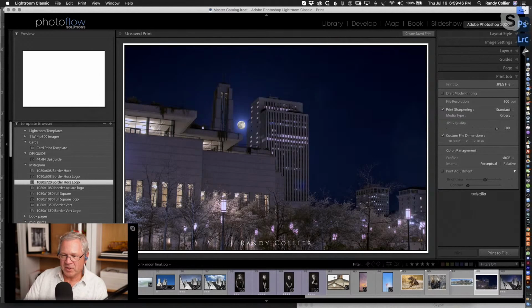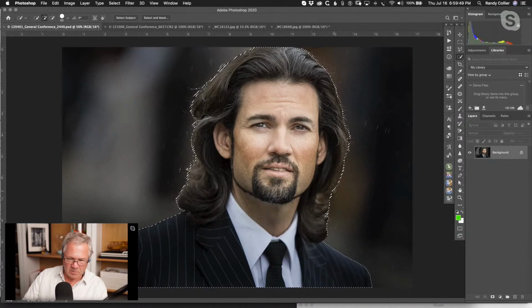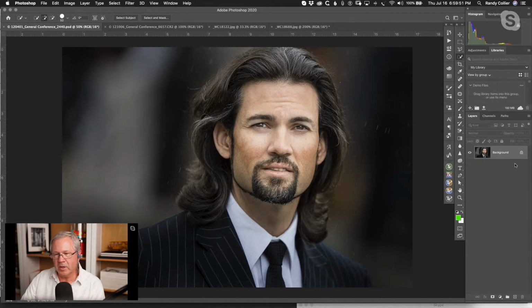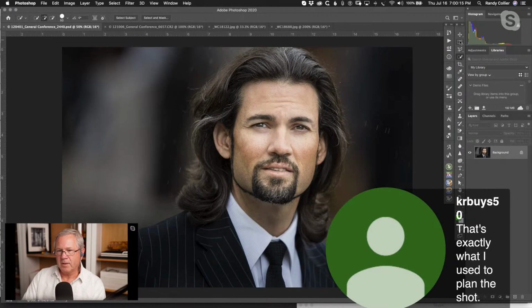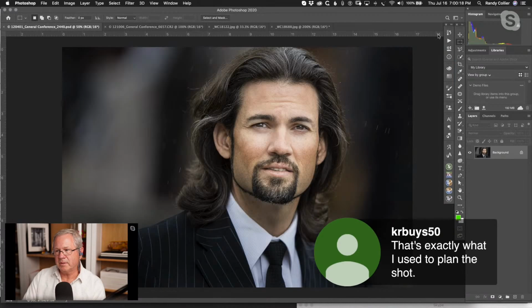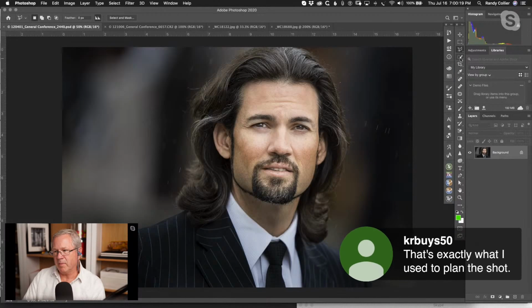I'm going to jump back over to Photoshop just for a sec. I just wanted to show one of the newest things in Photoshop. The new release has a bunch of little things, but nothing super big. But one of the things it did do is it really did improve the select subject part of the option up here. So when you're in Photoshop, if you've got any of the selection tools selected, you'll always see this select and mask option. But if you grab either the magic wand or the object selection tool or the quick selection tool, you have this